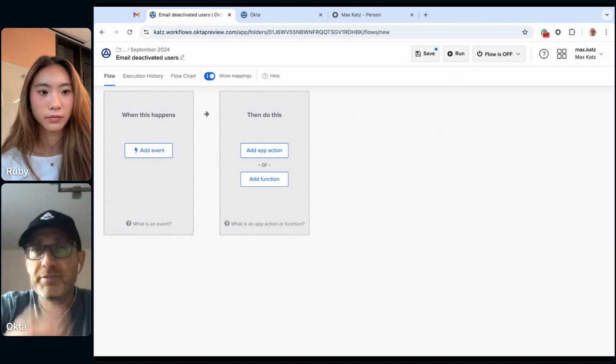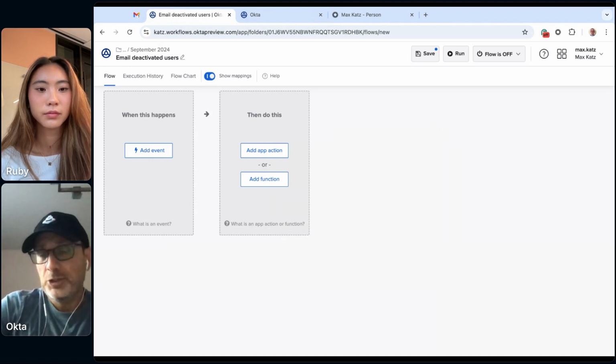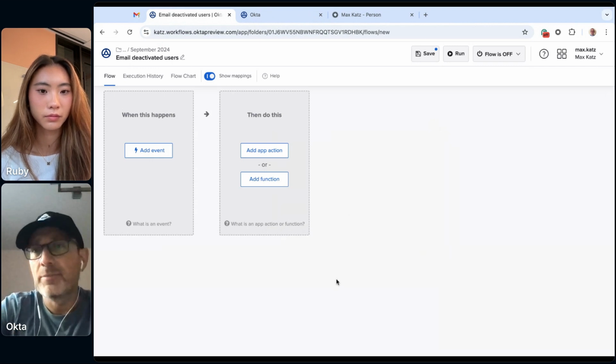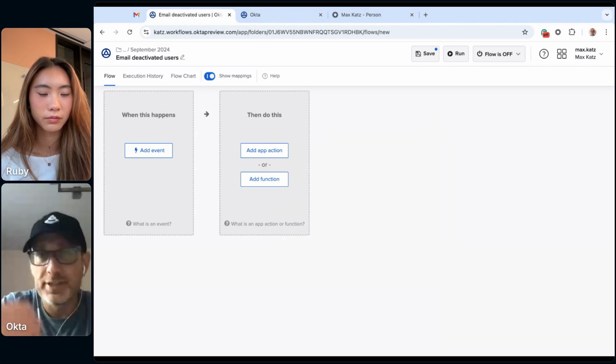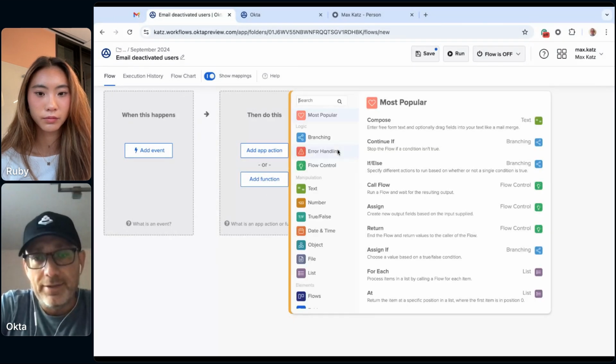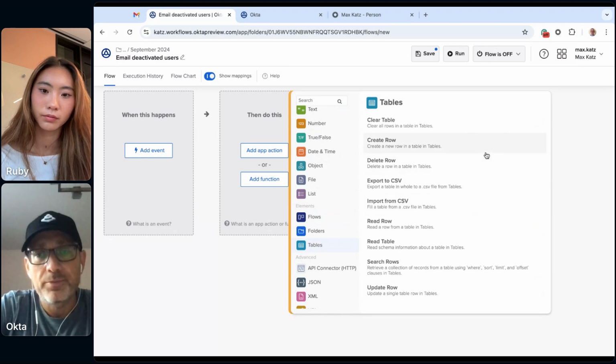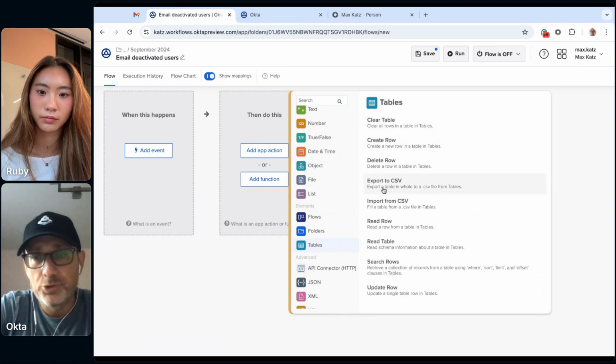But the first step is the information is already in the table. So what I need to do is export the information into a CSV file, right? And so that's part of the tables. It's a function in the tables category. I'm going to click add function, scroll to tables, and select export to CSV,